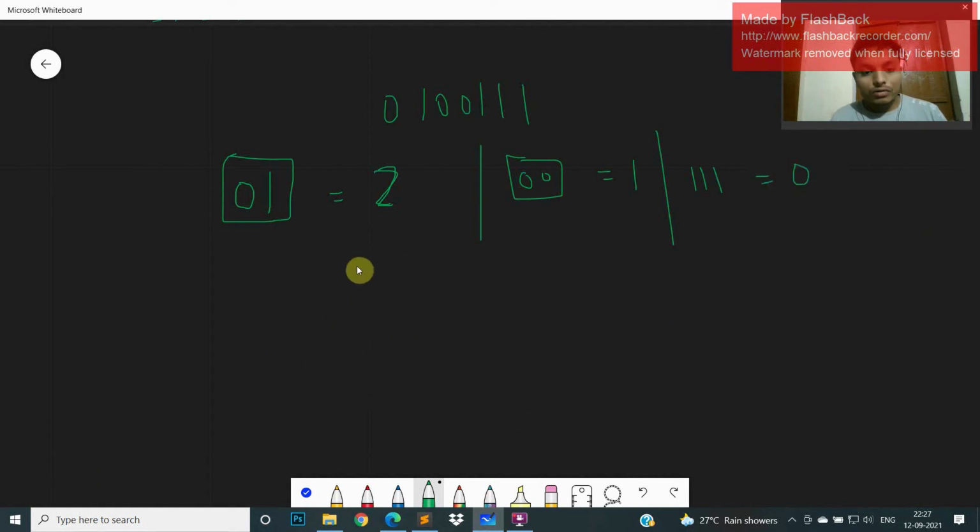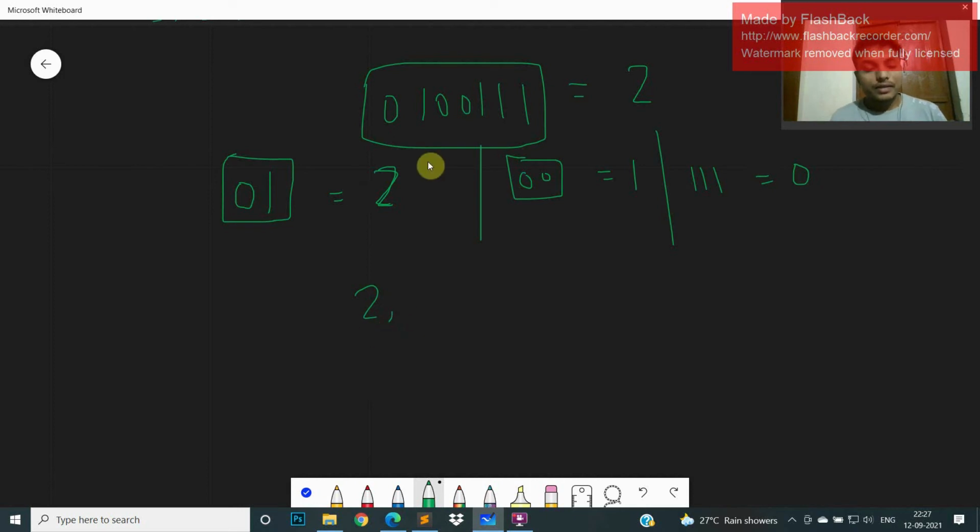All the substrings have mex at most 2, because this is a binary string. So the max answer will be 2.